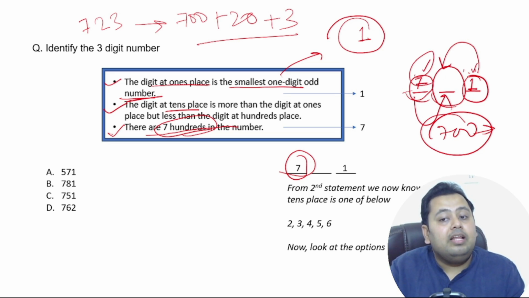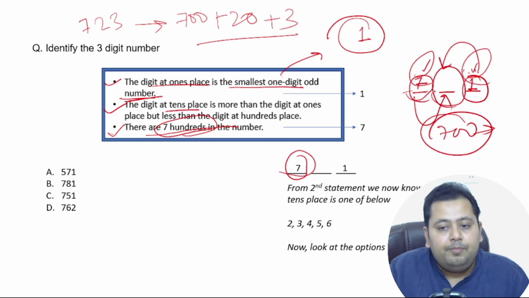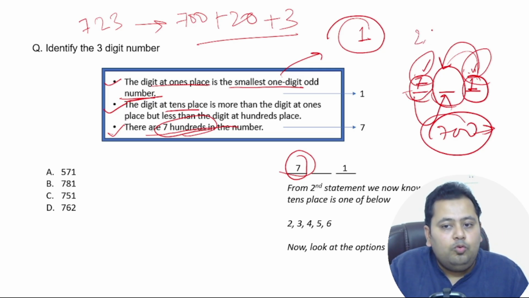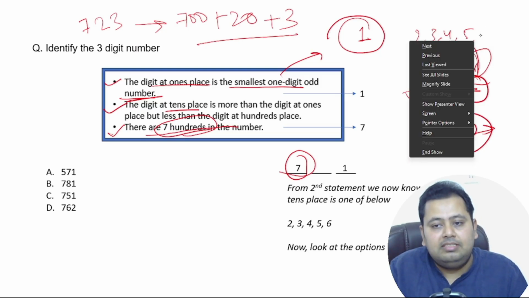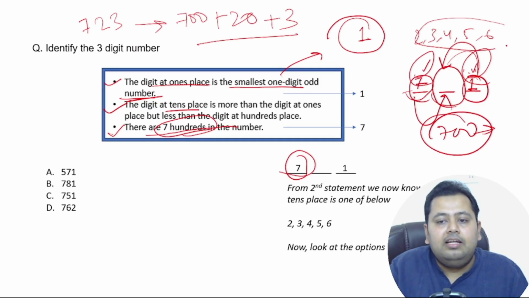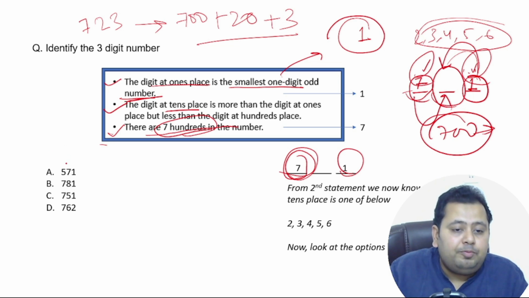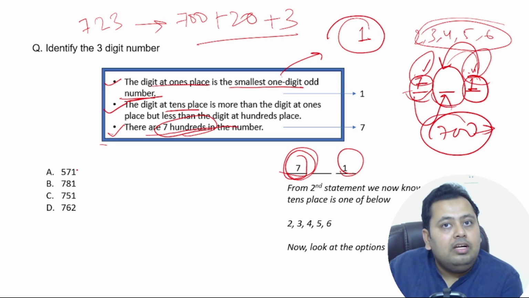We know what the number in the ones place is. Now we know that the number in the tens place is less than 7 but more than 1. That's what the second sentence told us. So it can be what? It can be either of 2, 3, 4, 5 and 6, right? So it can be either of these numbers. So we know in the hundreds place it's 7, in the ones place it's 1. Now we'll have to go to the options and see what is the correct